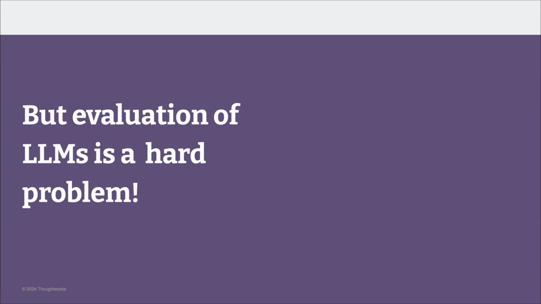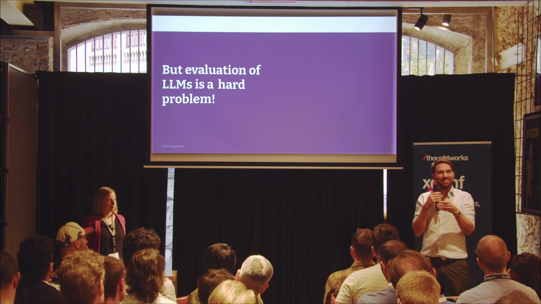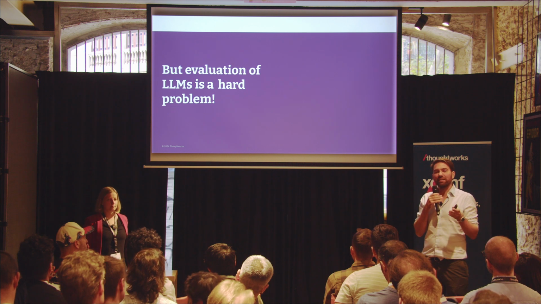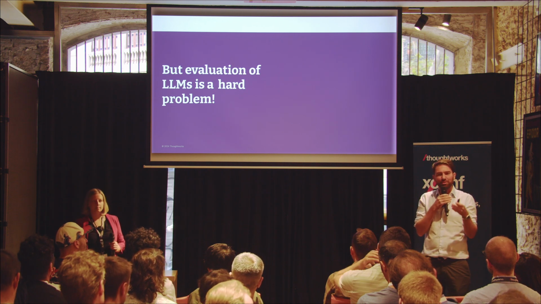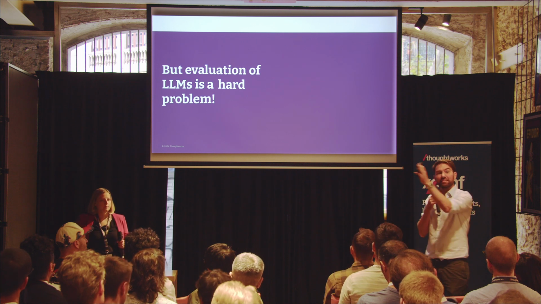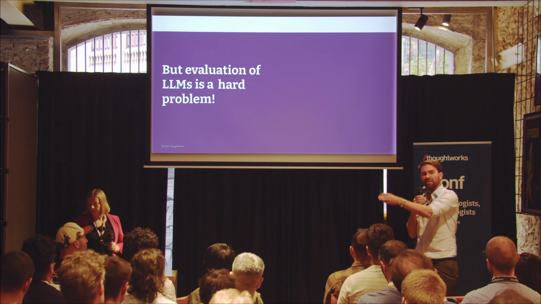The other problem is that evaluating LLMs is hard, because the output of the LLM is just open-ended text, which we as humans can look at and maybe say this is better or worse, but it's very hard to have a label. With traditional data science and machine learning, you'd have labeled data: this is a picture of a cat and this is a cat, this is a picture of a dog and this is a dog. So you'd have a label.